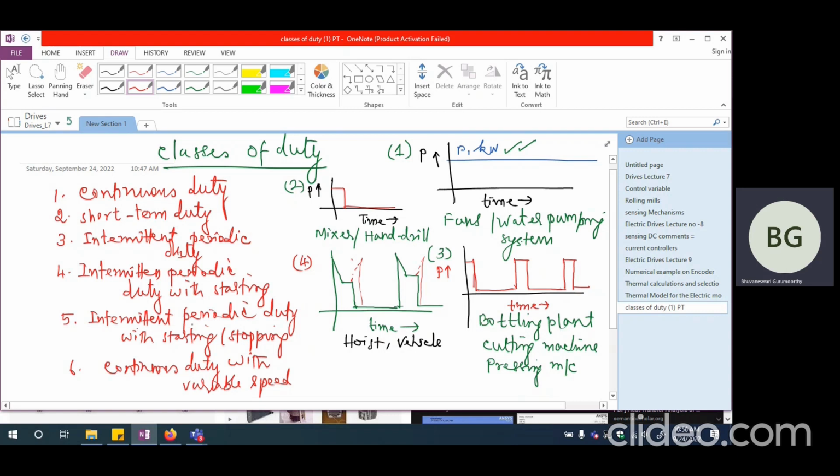Now that we have different classes of duty, the next thing we need to look at is, if I am given a particular class of duty along with a rating, how am I going to select a particular motor rating for a particular application? We will look at this in the